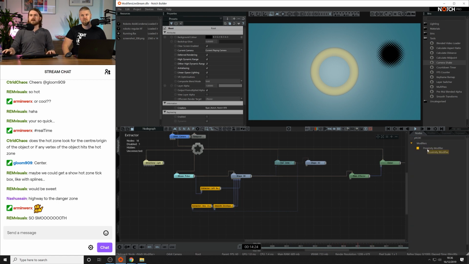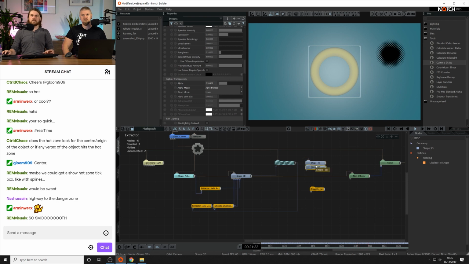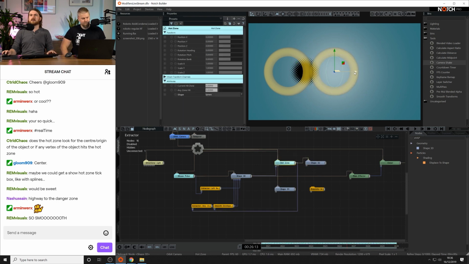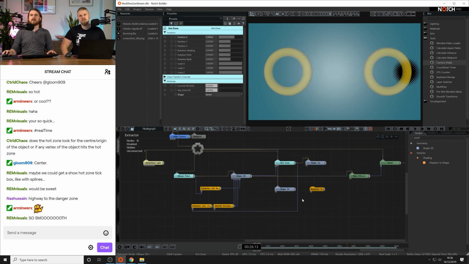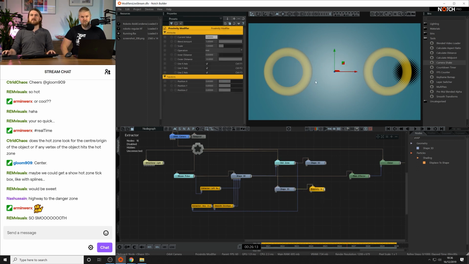This is a proximity modifier. And I shall add a new shape. Just copy and paste the same one, and hide that one. So this node, I'm going to move to the side so we can see it in a different area. We'll leave the same one on here. And we're going to say, okay, proximity modifier. When something gets within this area, which we'll set, I bet, to an outer radius of 2,